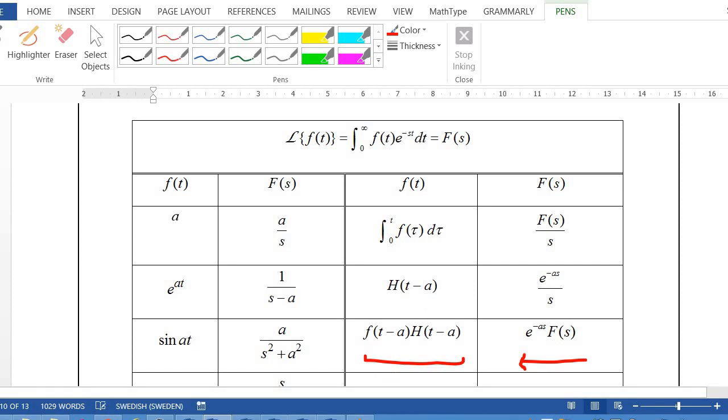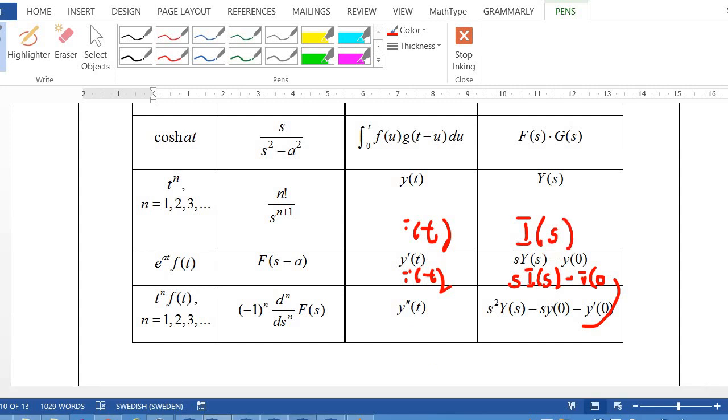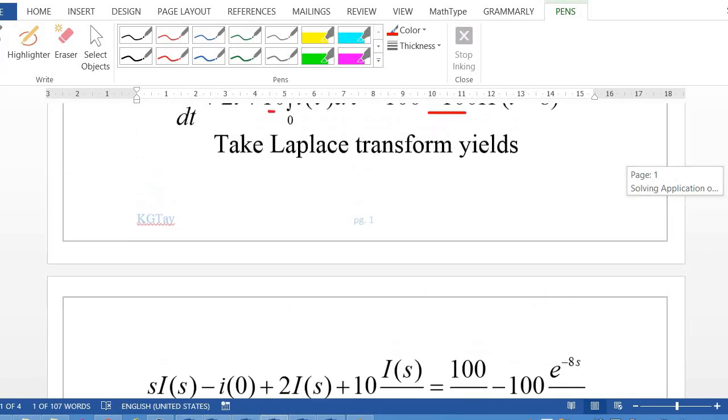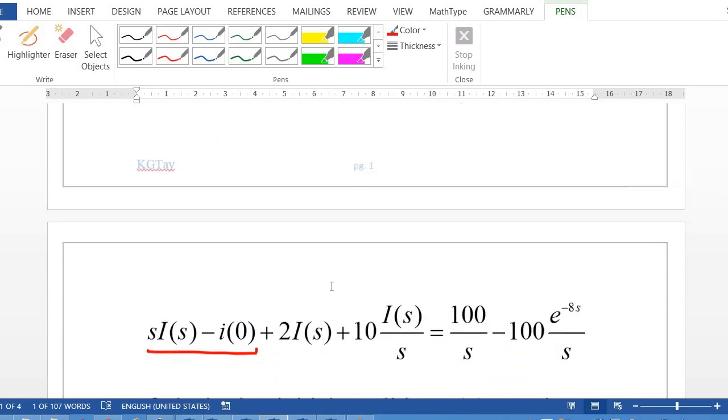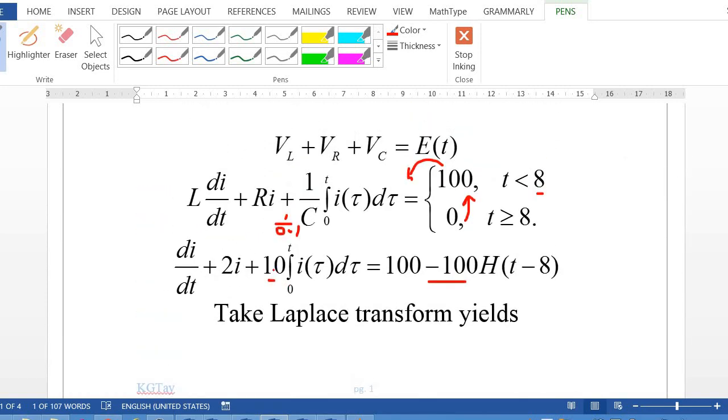Then the Laplace transform of 2I gives 2I(s). Then the Laplace transform of the integral: when taking the Laplace transform of 10 times the integral of I(tau) d tau,